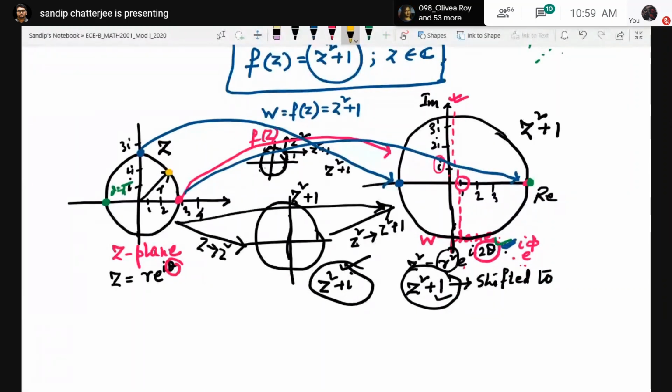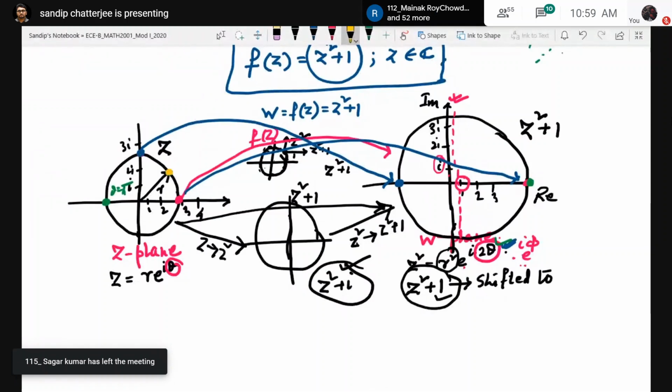And remember, now the origin is shifted to 1, 0. So can you tell me where that point will lie? If you don't shift the origin, then the double of pi by 4 will be pi by 2, which means it will lie on the vertical axis. Now you have shifted, so where will it lie? It will lie in the first quadrant, at 1 comma r square.